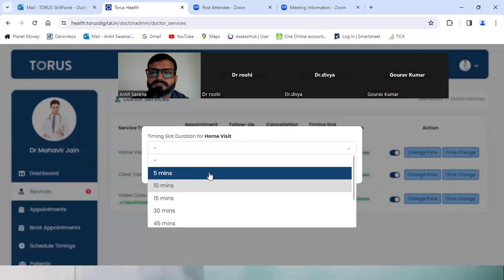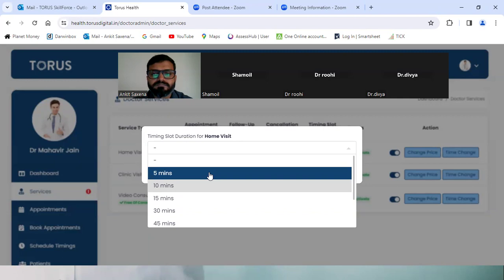So after a patient's fever subsides, if he comes after 8 days for something new, it should not be under a follow-up, even though he has a history of consulting me. It should be counted as a fresh visit. So for the follow-up, we should have a clear-cut boundary of time duration.